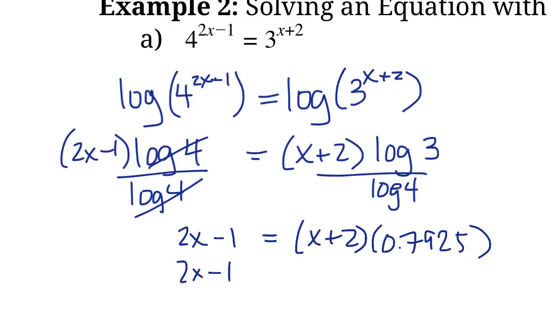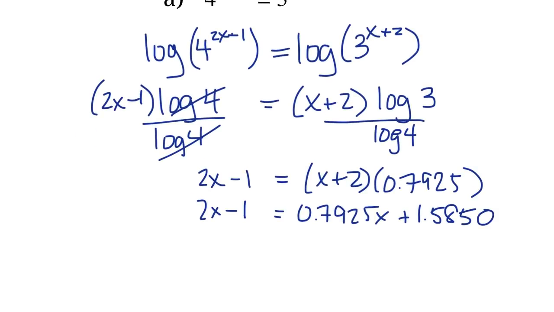2x minus 1 equals, distribute that 0.7925 in, so 0.7925x plus 2 times that, right? Which is going to give us 1.5850, right? So a little bit messy. We have a bunch of decimals here, but that's okay. So we'll bring that 0.7925 to the left side. So we're going to do 2 minus 0.7925, which is going to give us 1.2075x